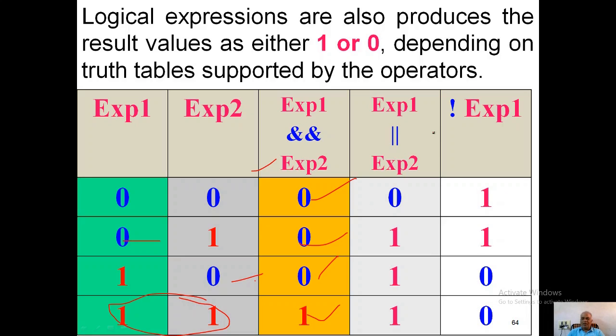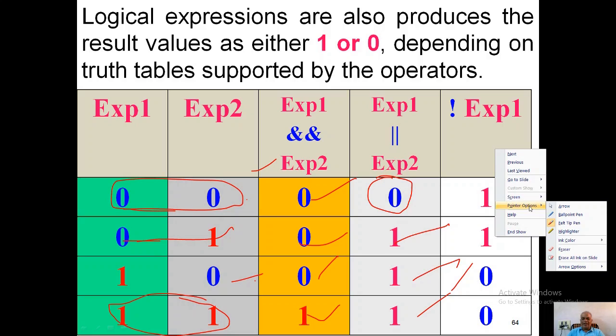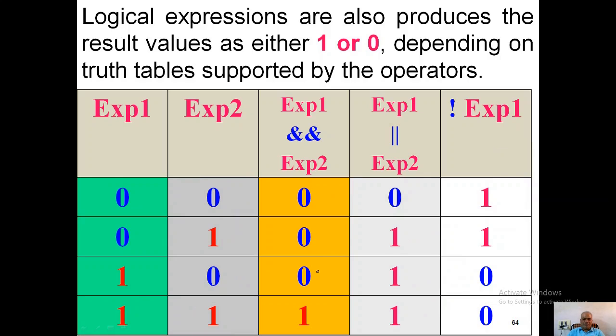When it comes to logical OR, it is the reverse case of AND. If any one input is true, then automatically the output is also true. So first observe the first example: false, false. Then the result is also false, meaning there is no true input. But here, for 0 and 1, one input is true, so the output is also true. Similarly, for 1, 0, the output is 1. And for 1, 1, the output is also 1.